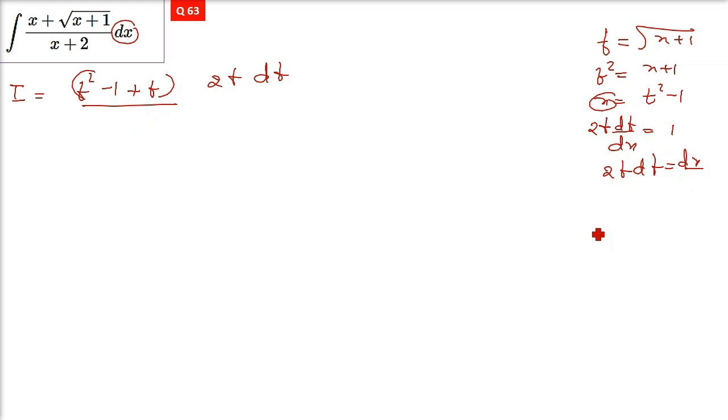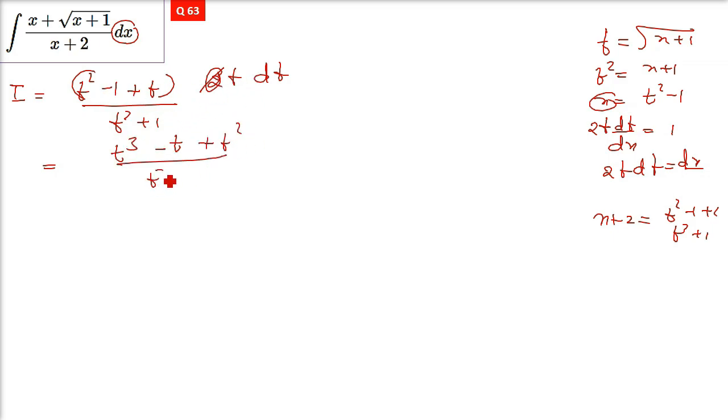Now you can just add 2 here. X plus 2 will be equal to t square minus 1 plus 2. So it will be t square plus 1. So t square plus 1 in the denominator. So now multiply the numerator all along. This 2 will take later. So it will be t cube minus t and plus t into t is t square divided by t square